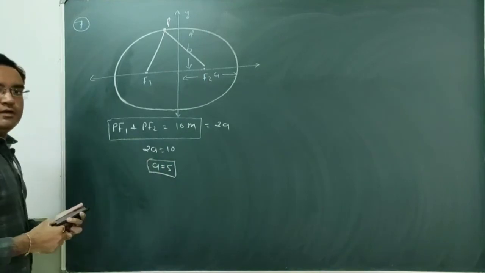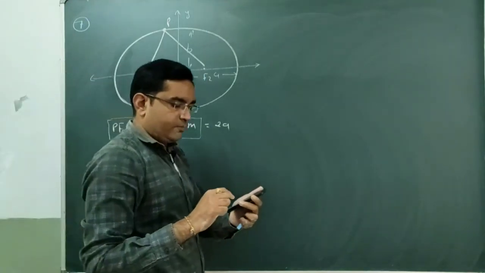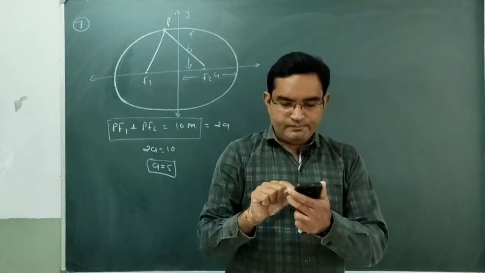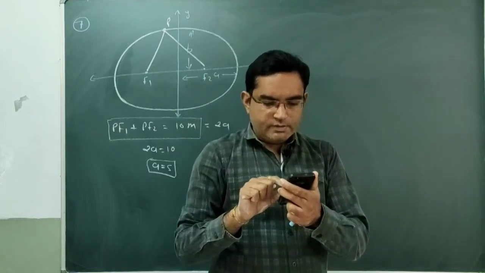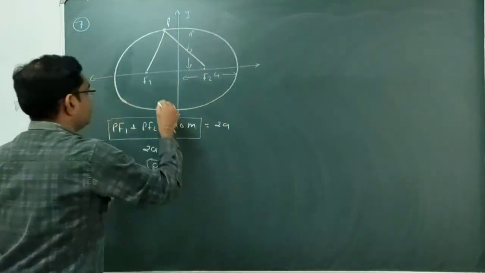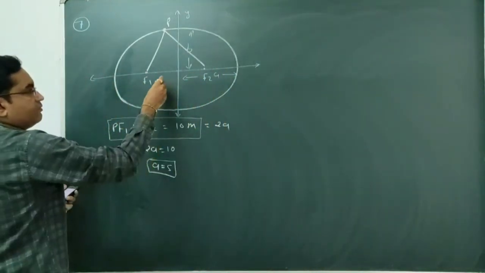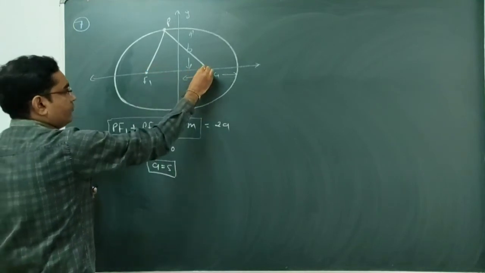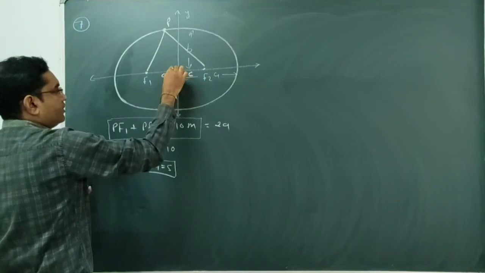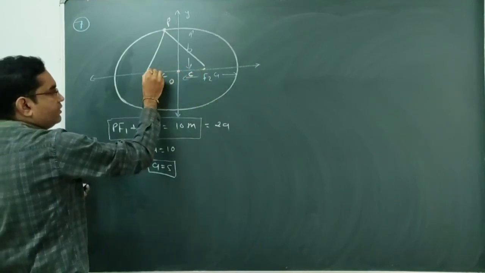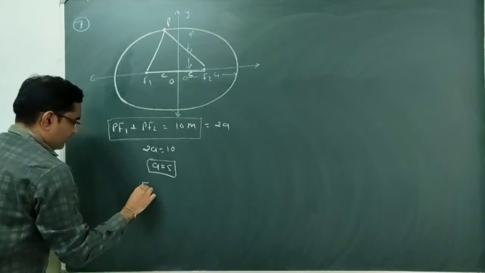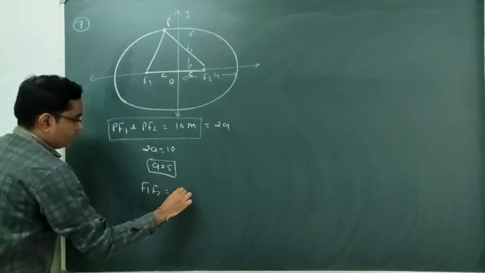Now we are also given the distance between these two flag posts, which we are considering as two fixed points. The distance between the flag posts is 8 meter. So the distance between these two foci, which we were considering as c, with this being our origin O. The distance between these two flag posts, F1F2, is equal to 8 meter.